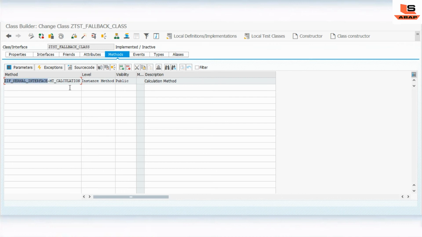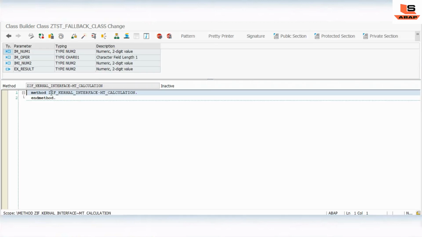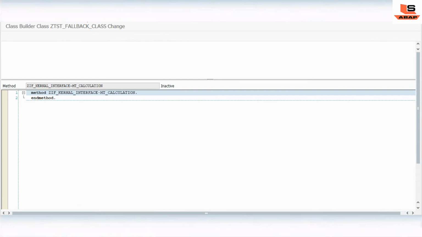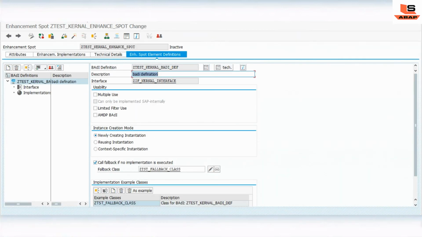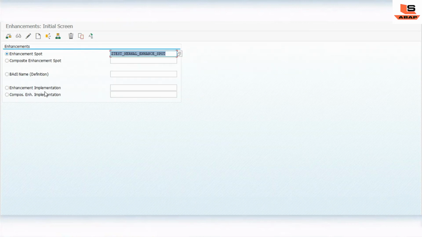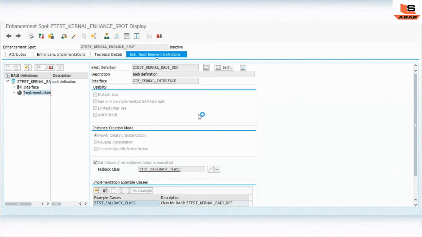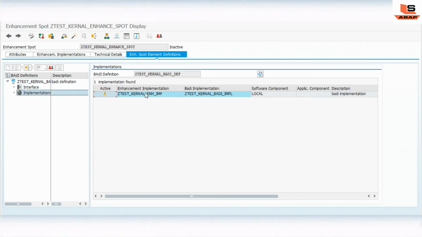Here we are going to write the logic, but inside you can see there is no logic. So I will just copy the code from there. Go to the implementation and double click.